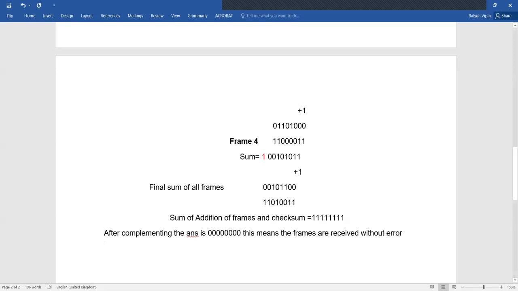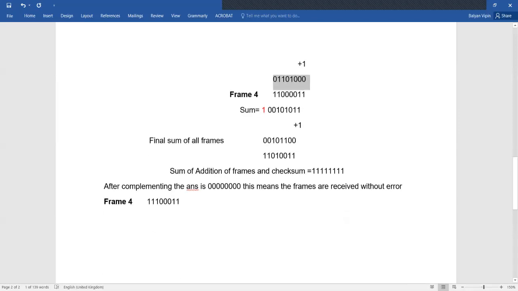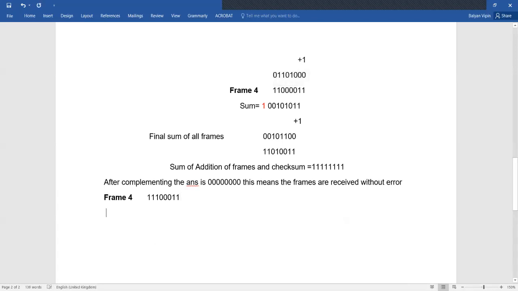Now, for instance, suppose I assume that I received one of the frames with an error. So let's say I introduce an error in this one, frame 4. So if I introduce an error in this, so let's say I received frame 4, the remaining frames remain same, and I received frame 4 like this. So when I will add this sum of first 3 frames with this,